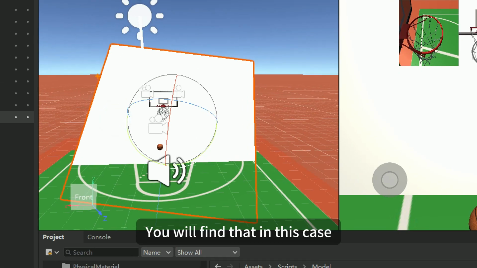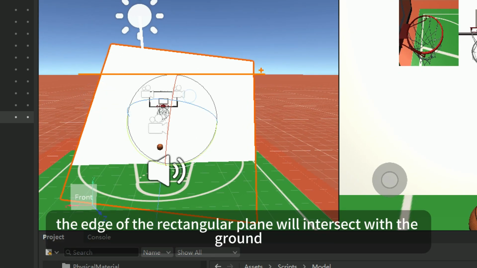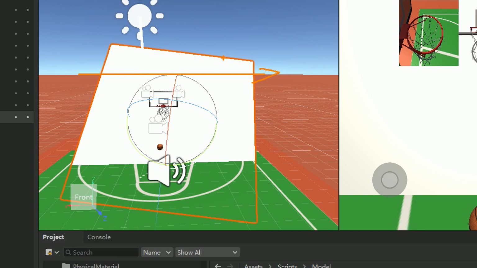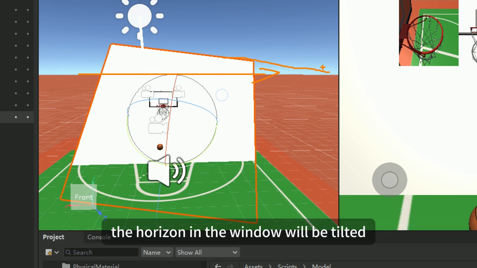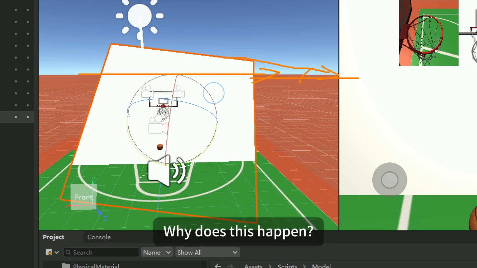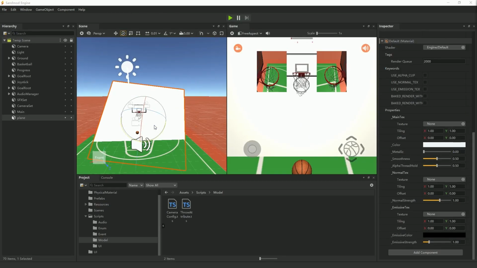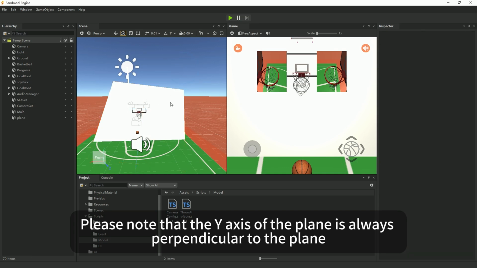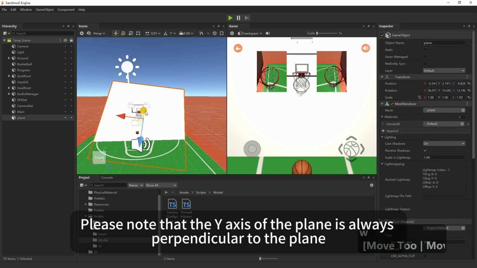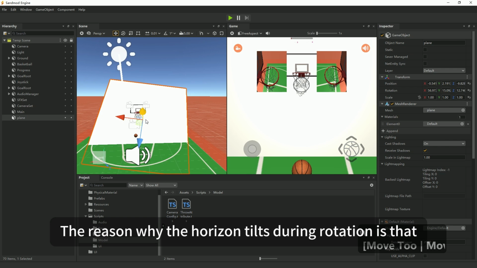You will find that in this case, the edge of the rectangular plane will intersect with the ground. That is to say, the horizon in the window will be tilted. Why does this happen? Please note that the y-axis of the plane is always perpendicular to the plane. The reason why the horizon tilts during rotation is that